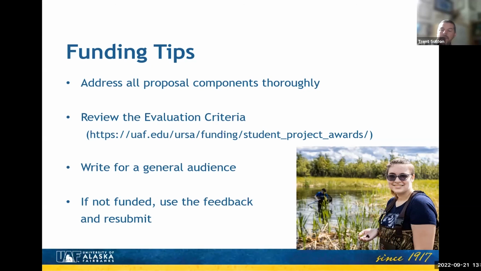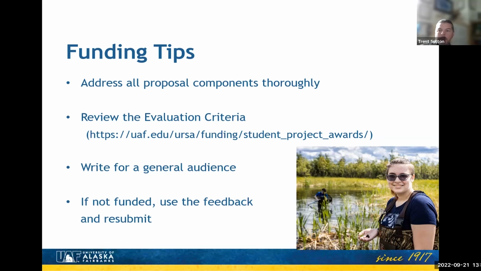I guarantee you this, I've seen it too many times, that for students that resubmit their proposals using the feedback they've received and working with their mentors and or URSA staff, the probability of being funded the next time around is substantially greater. So again, don't wait till your last semester as a student at UAF to apply for URSA funding. Do it much sooner than that. Recognize that you might not get funded the first time around.